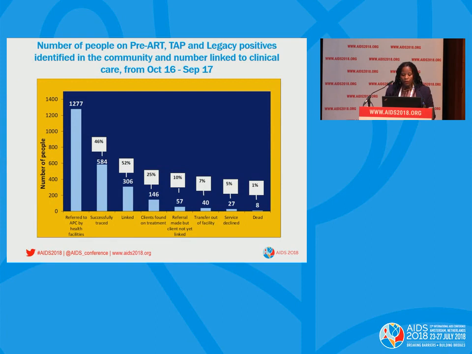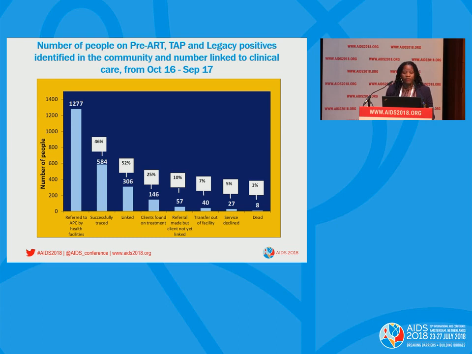In a nutshell, what is important, not so much the numbers, but just to share with you what we saw. We realized that within the facility numbers that existed, it was only 46% of the clients, in terms of those that were on pre-ART or on treatment, test and prevention, or legacy positives, only 46% of them had enough information in their files to facilitate tracing processes by community health workers. And of those, we found 52% that we managed to link back to care. As you can see, the most interesting is that some of the clients were found already on treatment,